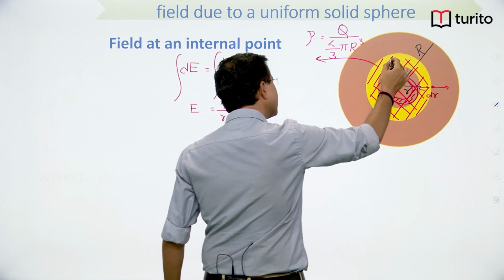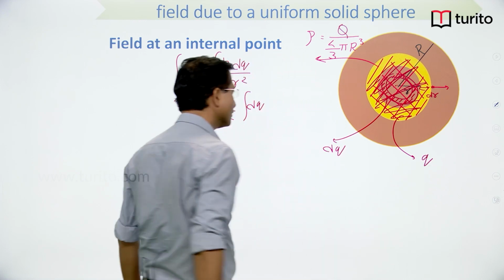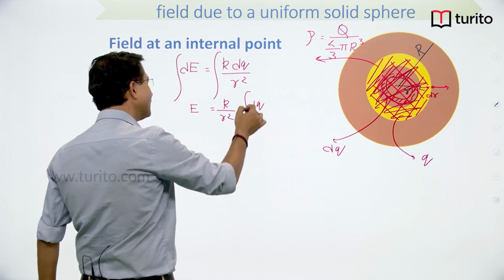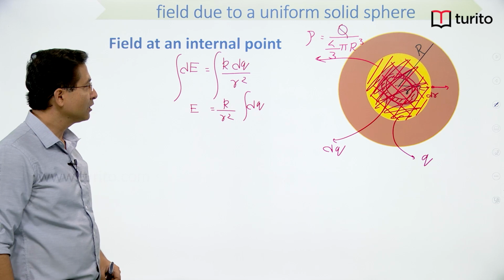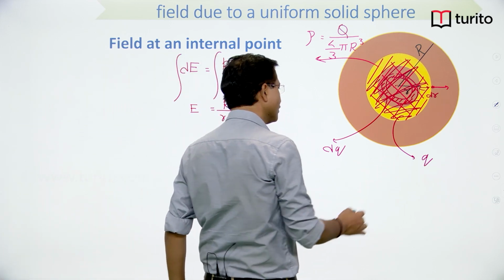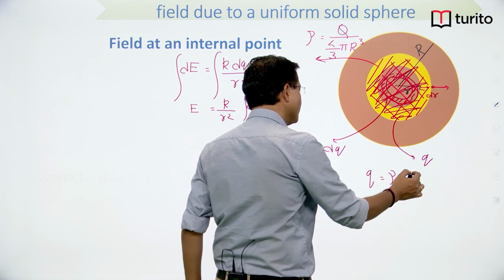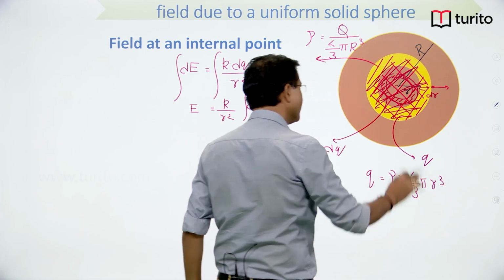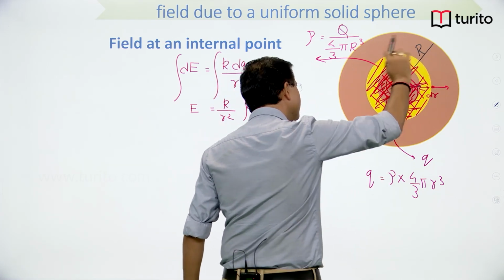And if I assume that this total charge is Q, right, so this dq from 0 to Q I need to write here, that means I need to just integrate the charge. If I directly ask what is this charge, so this charge is nothing but volume charge density into the volume. Volume here I can write 4 by 3 pi small r cube, volume of this part. Volume charge density into volume of this part will give you charge enclosed,